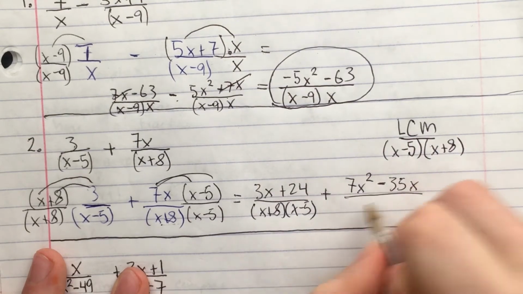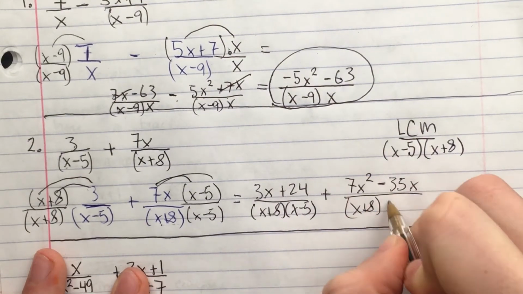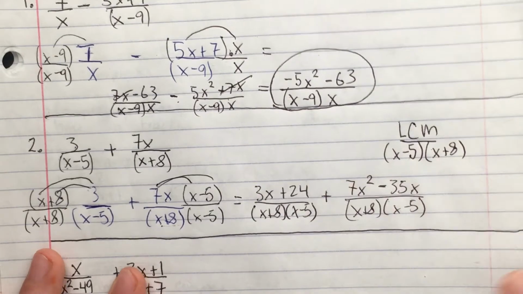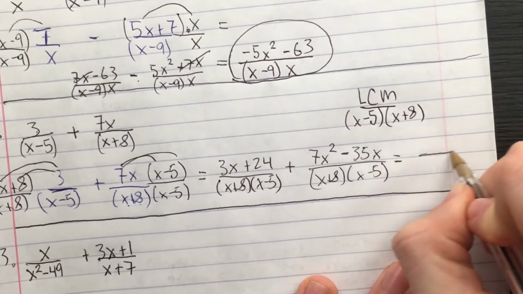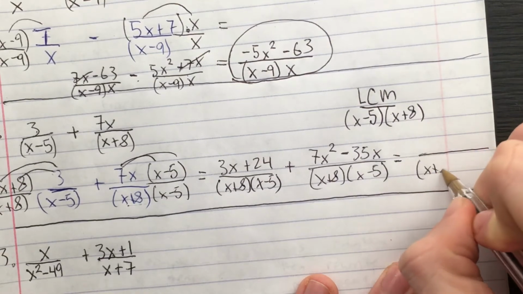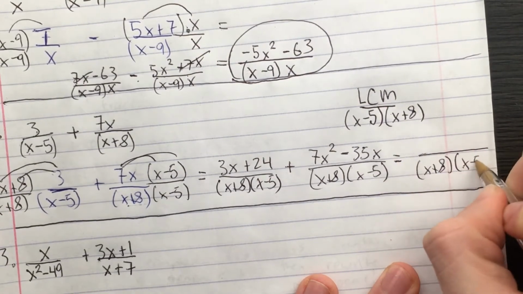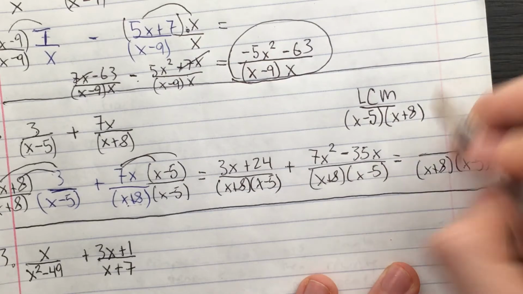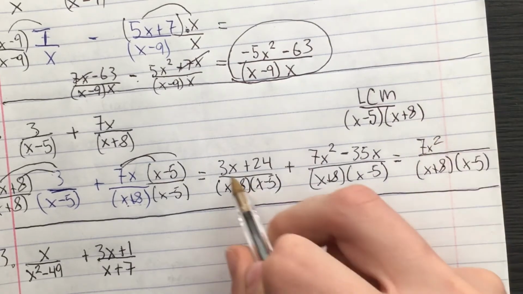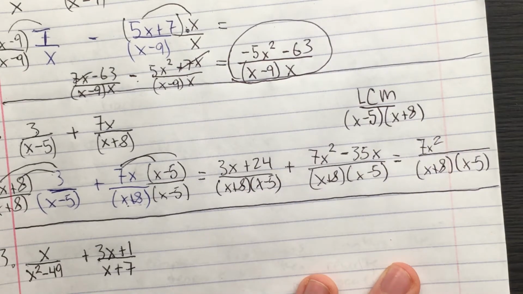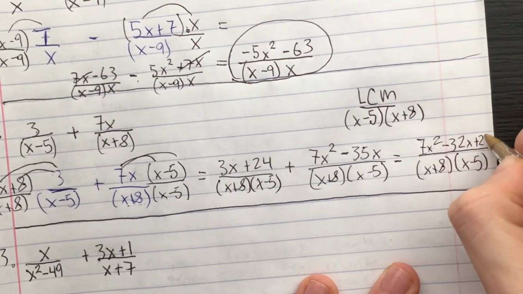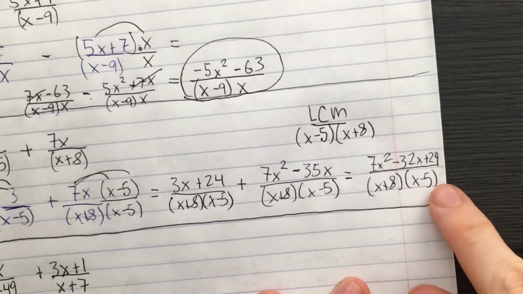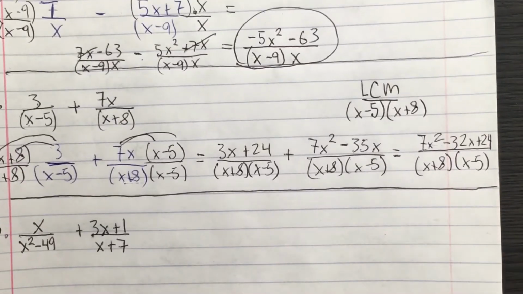And this is going to be over x plus 8 divided by x minus 5. And so then the last thing that we'll do is we'll just go ahead and combine these. They have the same denominator now. So to x plus 8 times x minus 5, let's see, 7x squared. 3x plus a negative 35x is going to be a negative 32x. And then we've got a plus 24 right there. So with that,